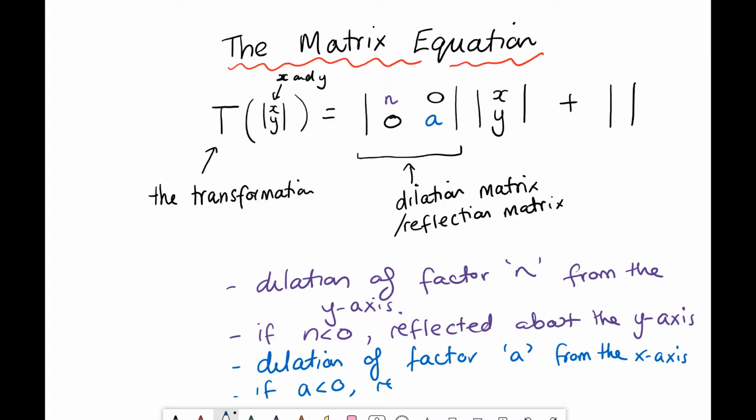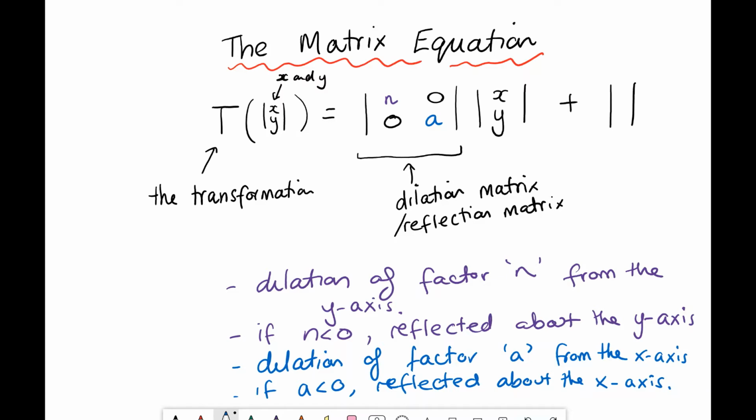Let's just fix that up, sorry. Now, because we're changing all the y values, if we were negating them all, we'd be reflecting about the x-axis. So this is my dilations and reflections, and this is a matrix that would be multiplied by